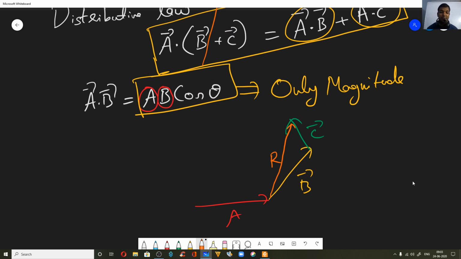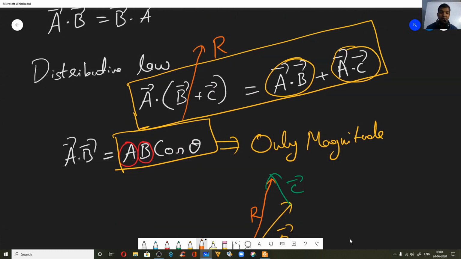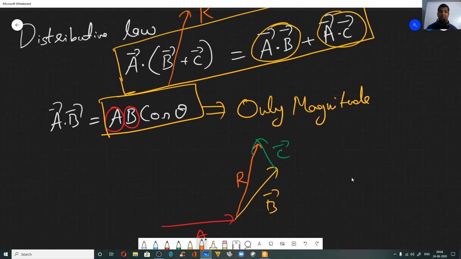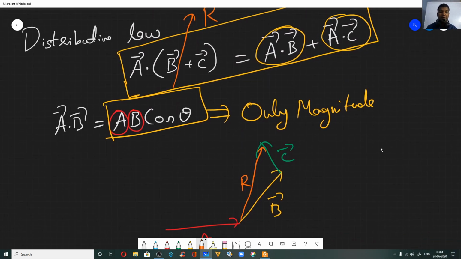What I mean is, you can take the angle between a and b. If you want to perform a dot b, you need the angle between a and b, correct? And I told you how to take it. You have to take it considering co-initial vectors. So try something like that, and see if you can prove this.